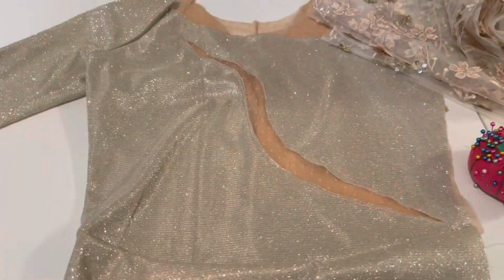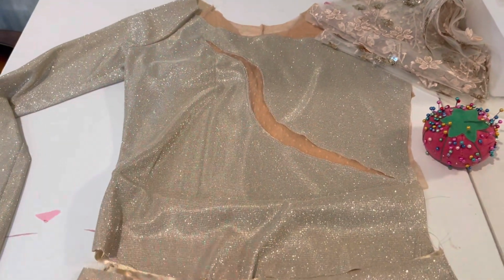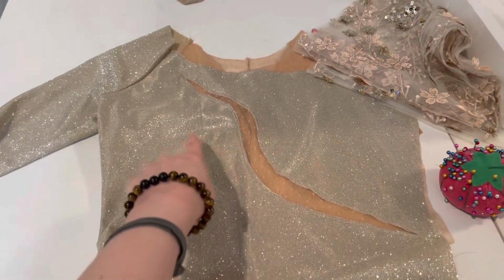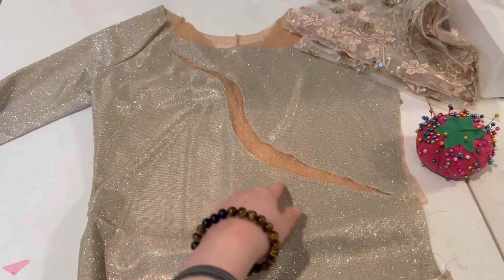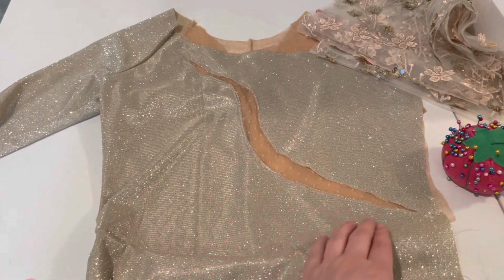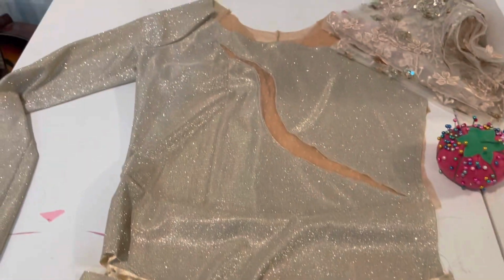Another thing which is really funny, since I underestimated how long this was gonna be, I thought that just the top part was gonna be my whole torso. So I thought this was gonna go down my stomach and to my hip. But I have a very long torso, so this is actually at the top of my rib cage. So that didn't go as planned. I based the sizing off of the size clothes that I normally wear, and also on my waist and hip sizes, but I didn't measure from my shoulder to my